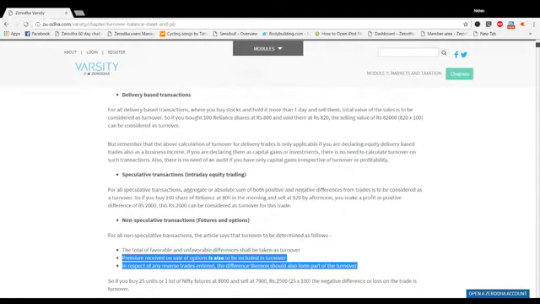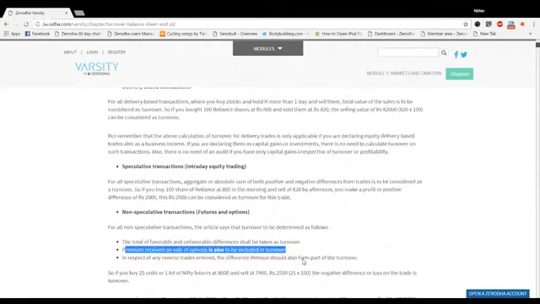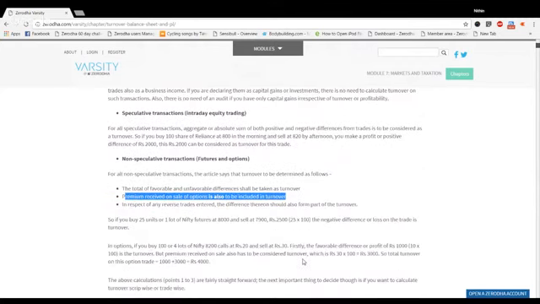Now, a little more conservative, or a very conservative approach, would be to say, I will also include the sell side value, which is 10,000 rupees, because the last line of this says in respect of any reverse trades entered, the difference thereon should also be part of the turnover, right? And it also says premium received on sale of options is also turnover, right? So now I've given multiple examples here with different interpretations. I think